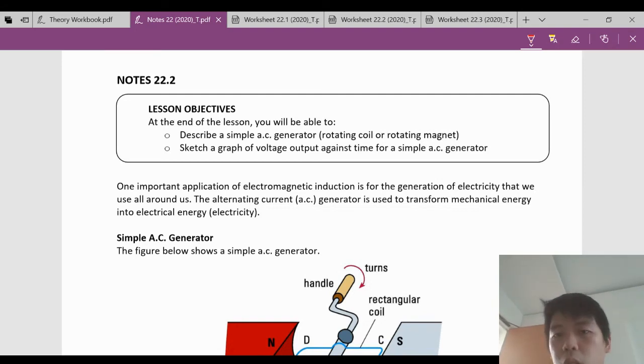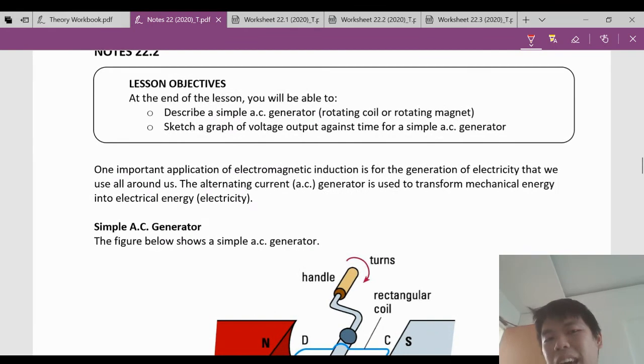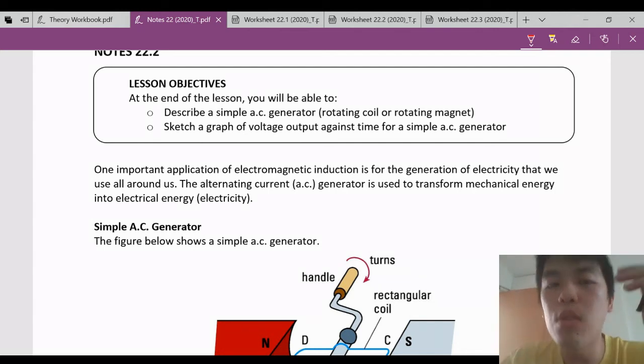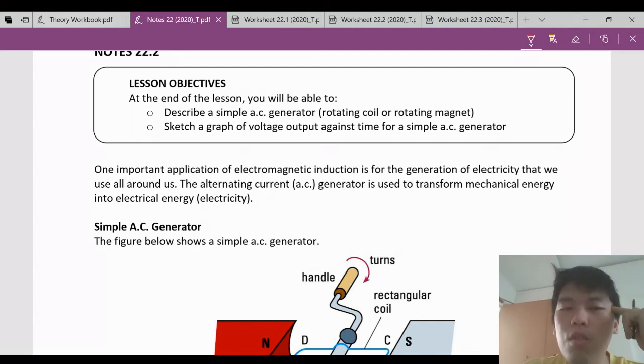All right, a very good morning to all of us as we look into part two of electromagnetic induction. So the previous chapter we talked about Faraday's law and Lenz's law. So now we would like to introduce how we can actually use this in an AC generator. This is different from your DC motor. This is an AC generator. So please make sure that you understand the concept of DC motor first before you come back to view on